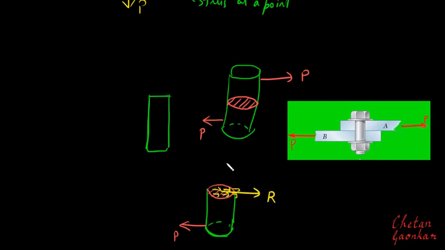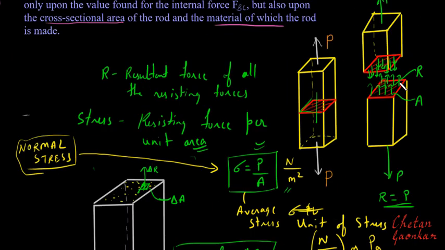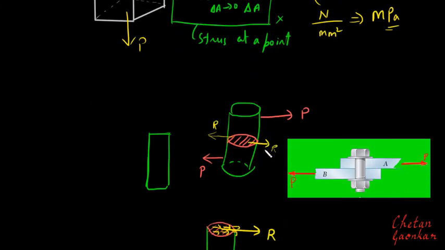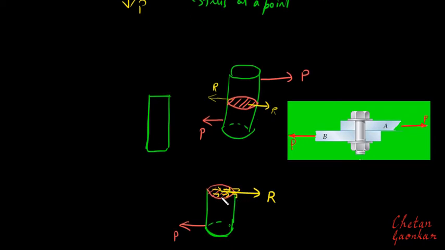all right, and on the top half, again the same thing will happen. Because of this applied force, the resisting force will be developed this side, whereas for the bottom half, because of this force, the resisting force will be developed this side. In case of normal loading, the resisting forces were developed in upward and downward direction, exactly opposite to the applied forces, right? Similarly here also the resisting forces will be developed, but now in this case the resisting forces will not be perpendicular to the cross section, but it will be along the cross section, as we can see here clearly.